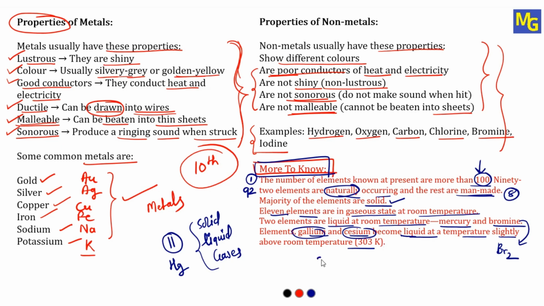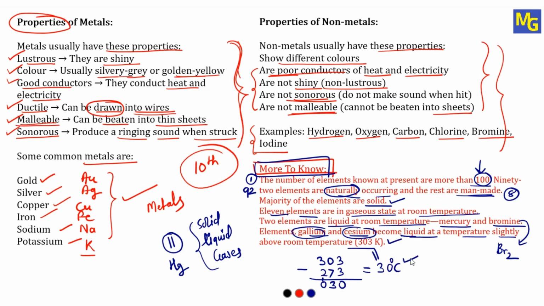So as we all know, take the temperature which is in Kelvin and subtract 273 from this. So what will we get as the answer? 3 minus 3 will be 0. 10 minus 7 will be 3. 1, it will be 0. So 30. So 30 degrees Celsius and 303 Kelvin, both are the same. One is in Kelvin, the other is in degrees Celsius.